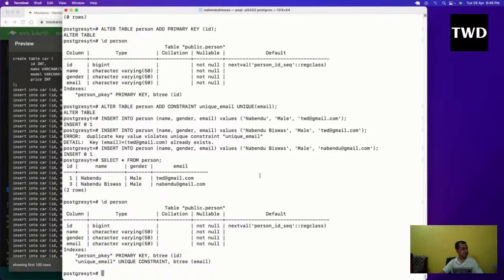Okay, so let us add a check constraint. Check constraint we are going to add. So alter table, add constraint, and it's not like a unique email. So this constraint name will be gender constraints, and